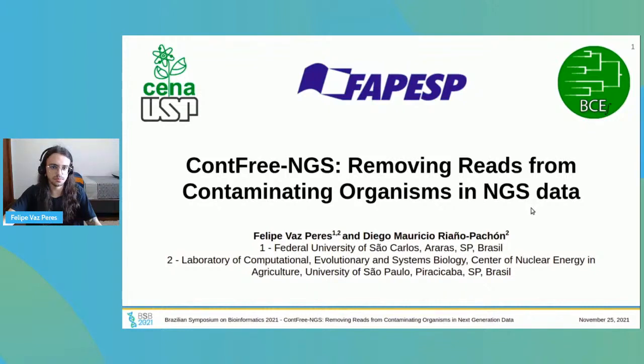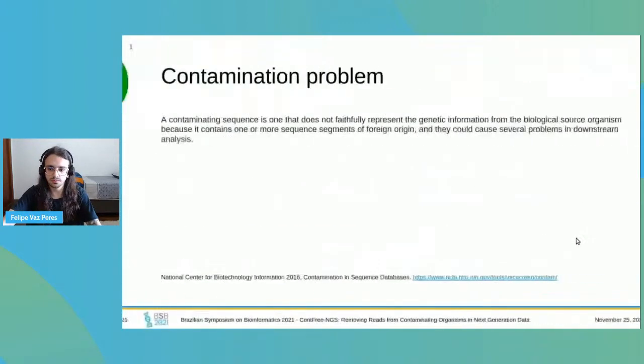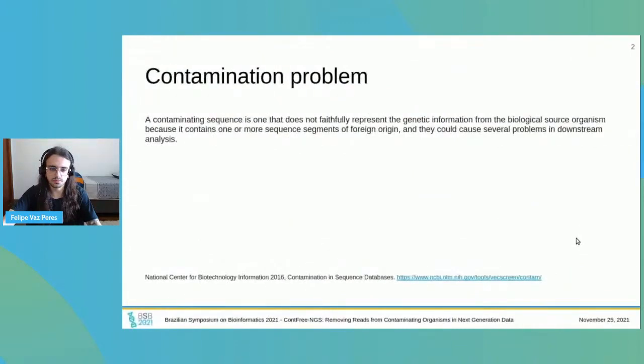So to start this presentation, I would like to introduce the problem of contamination in public datasets. As defined by NCBI, a contaminating sequence is one that does not faithfully represent the genetic information from the biological source organism because it contains one or more sequence segments of foreign origin, and they could cause several problems